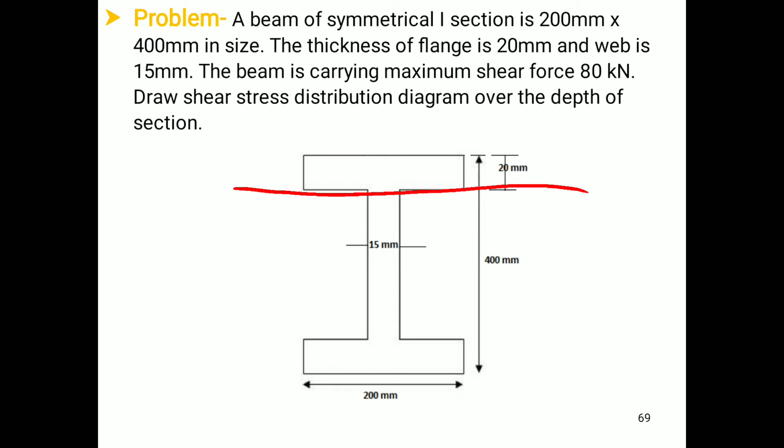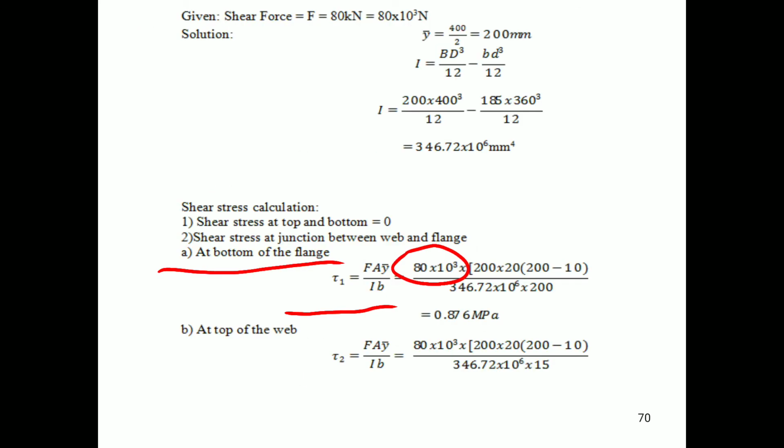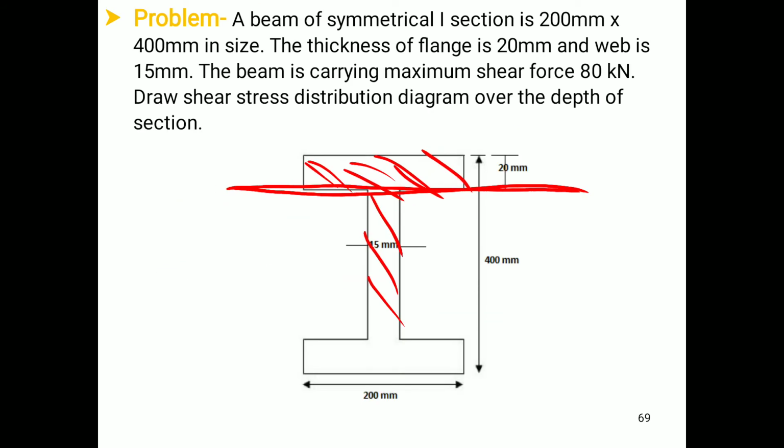Now, we will consider any area which is above the junction or which is below the junction. But if you concentrate on the figure, this area is easy to determine as compared to the bottom area. As it is easy to calculate the area which is above this line, we will consider this particular area only. Therefore, we have